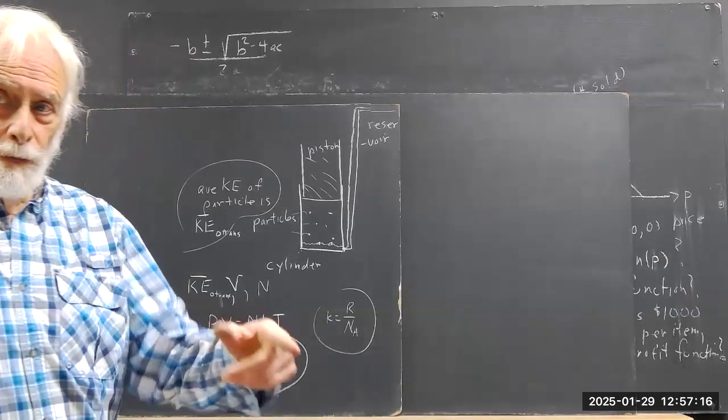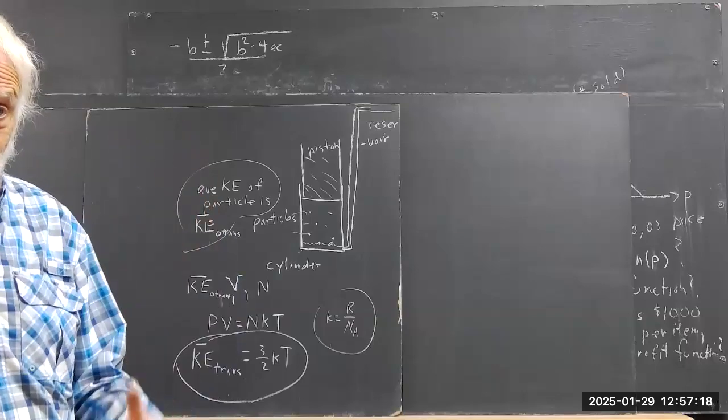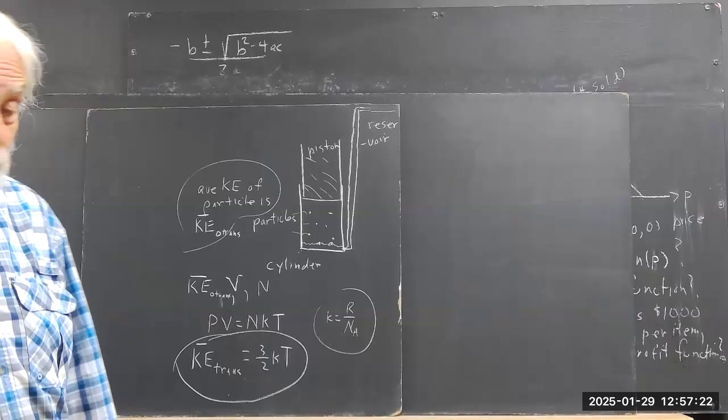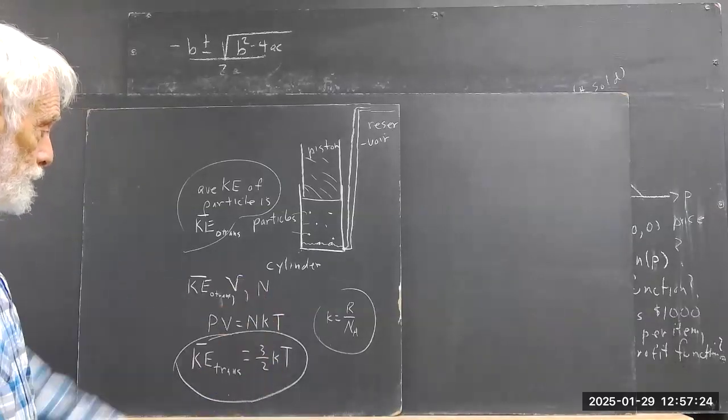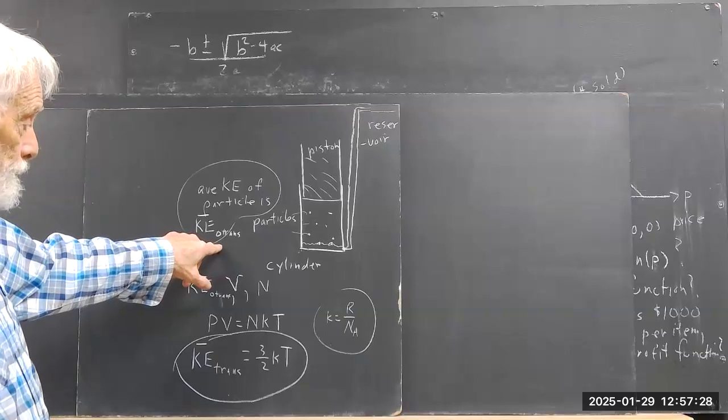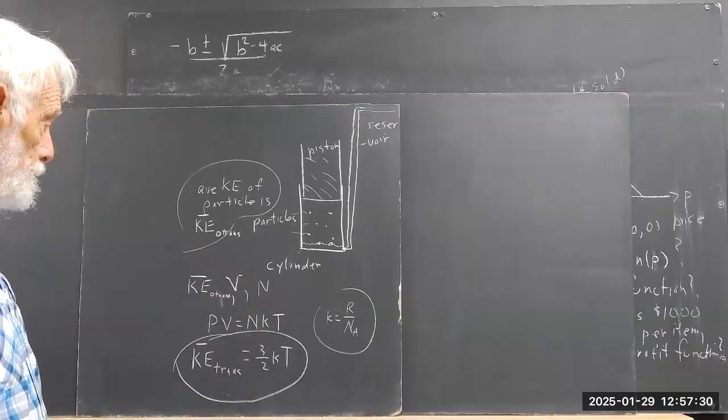That's 1/2 kT for every degree of freedom. The X, the Y, and the Z. Okay. So there's a connection that allows you to use the average translational kinetic energy to get the temperature,